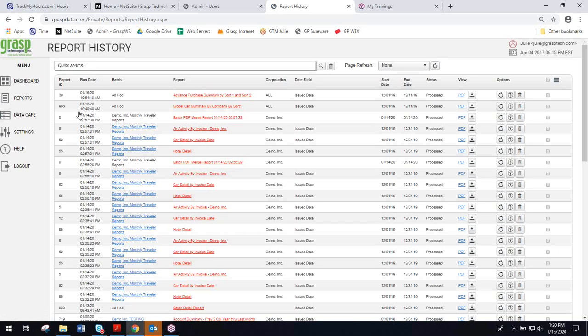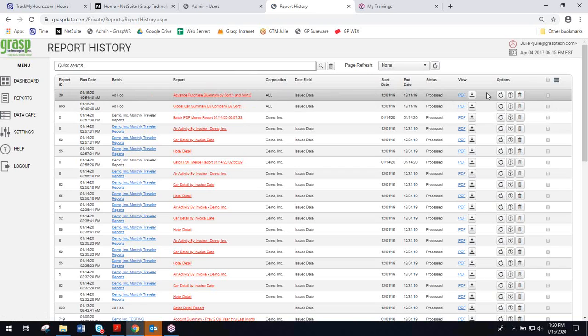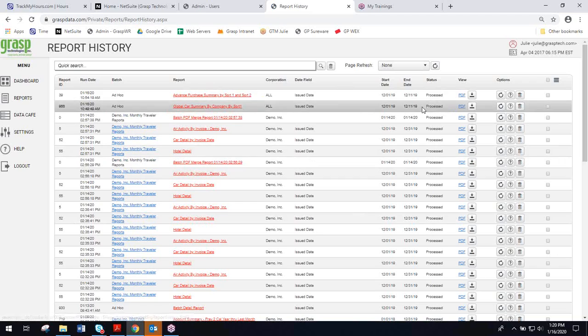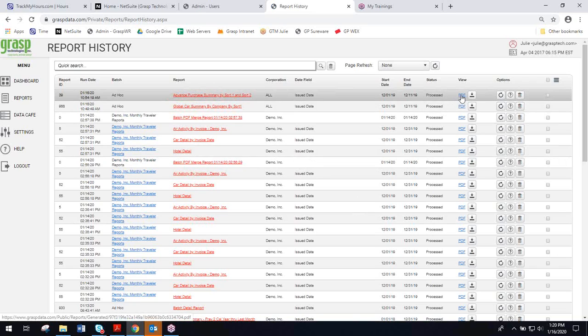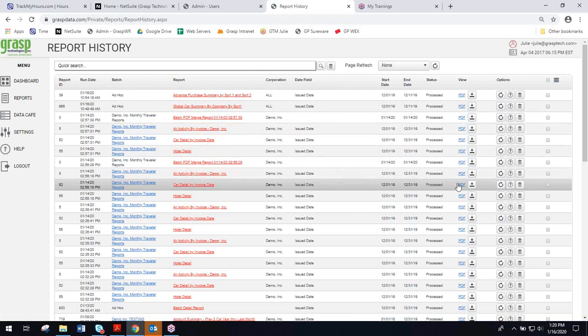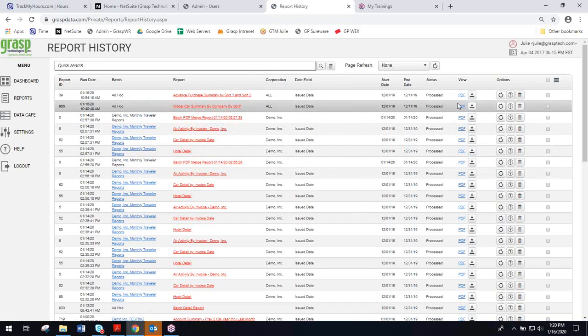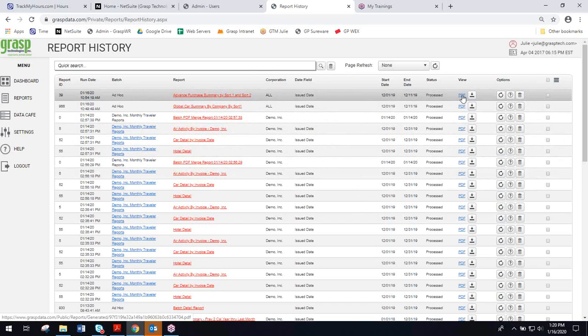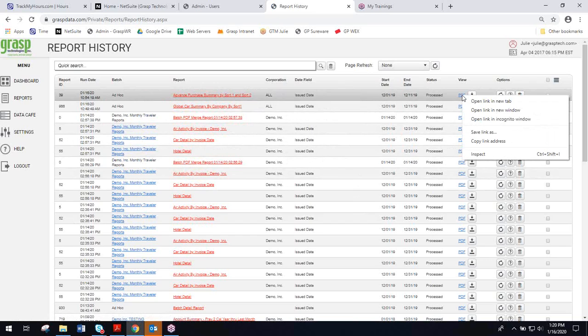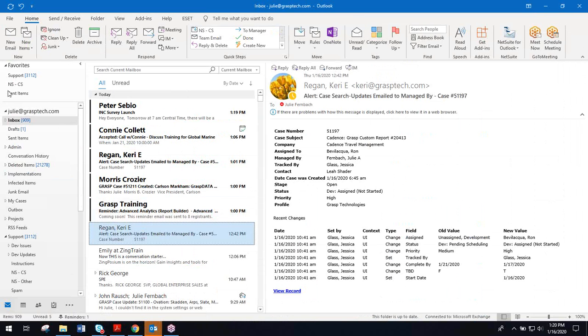It used to be, back in the day, a couple years ago before we did our new version, that you could right-click on the document itself. Because there was a little PDF or a little Excel doc, you would right-click on that. Now what they've done is they've made the verbiage a hyperlink. So when you right-click on it, you can copy the link address and actually